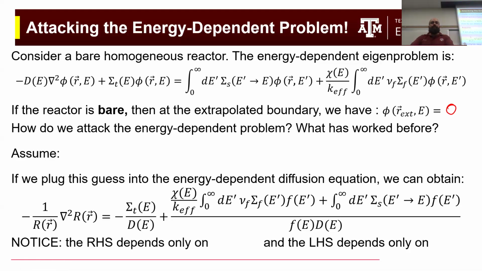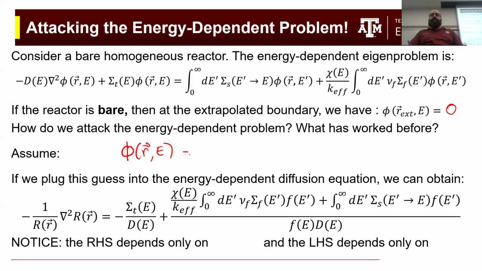If we have a partial differential equation where the solution we're trying to find depends on multiple variables, what did we try before when we were looking at the time dependent diffusion problem? What we did before is that we tried to separate variables, right? We assumed that the flux, in this case a function of position and a function of energy,